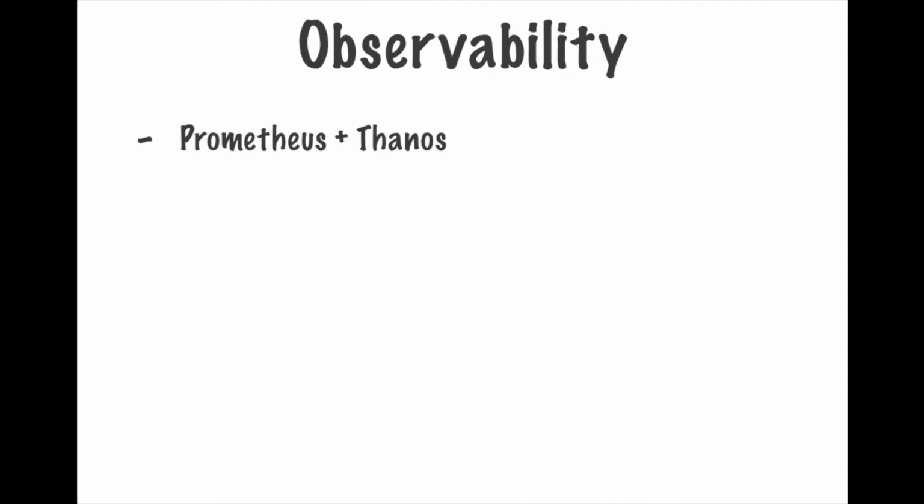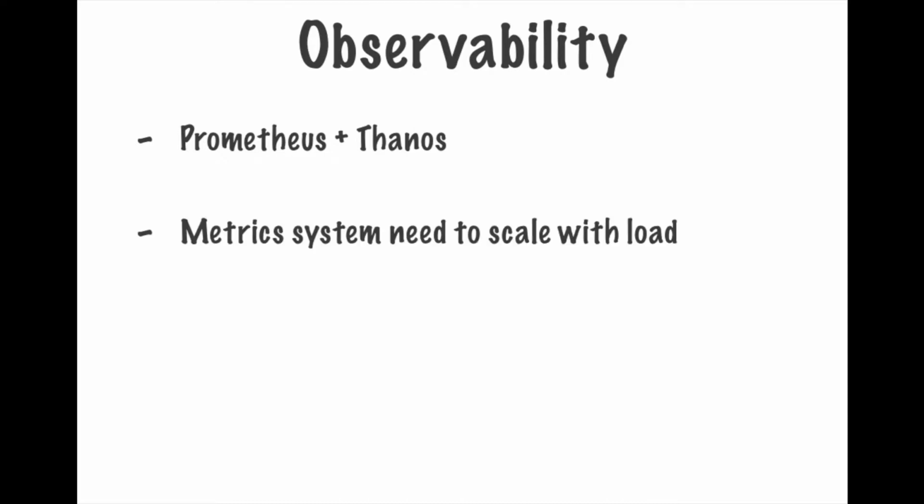For metrics, we are using Prometheus and Thanos. Thanos is like an addition to Prometheus. It provides you high availability and infinite retention of the metrics. What's also important is that your metric system needs to scale with load. For us, it was a big problem because we were already producing a very big amount of metrics, and during this load test, our